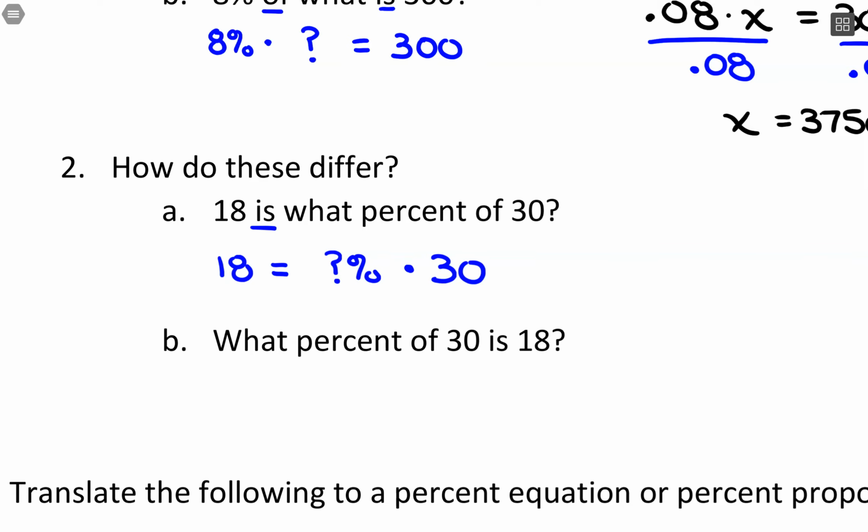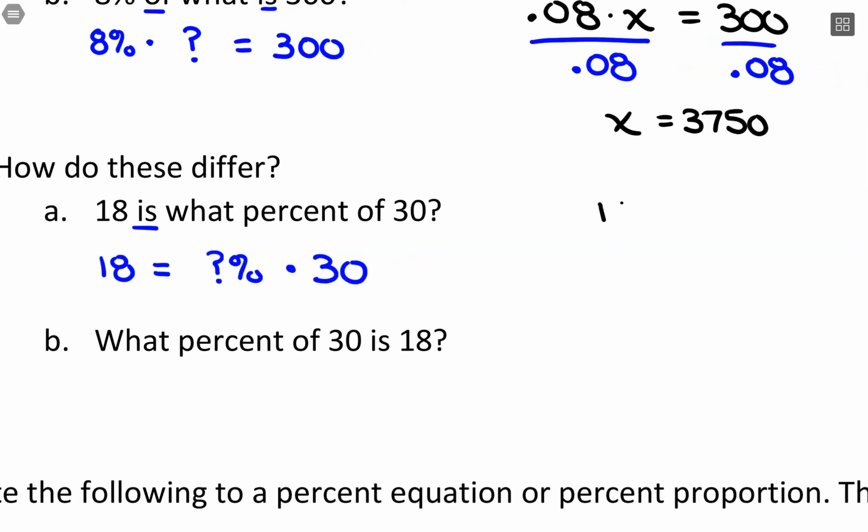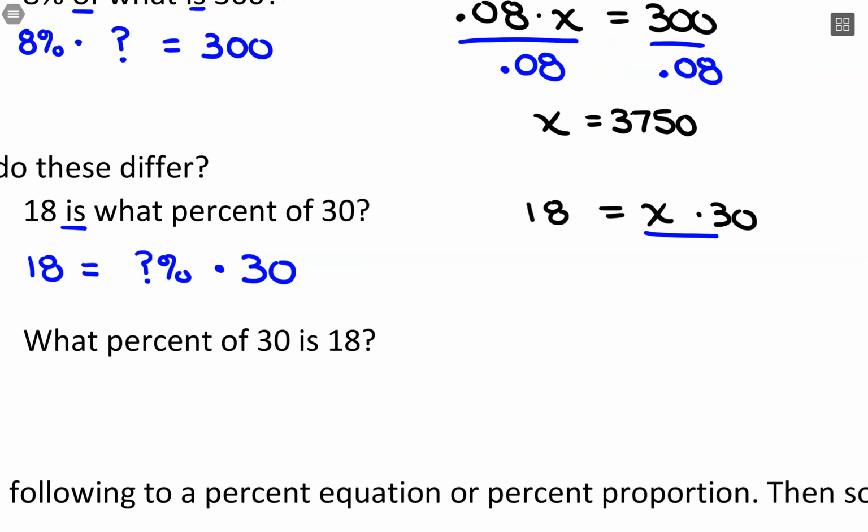So how I can go about solving this is 18 equals, and for the percentage, I'm just going to put x there, times 30. And to get x all alone on one side of the equation, I just need to divide both sides by 30. So x equals 18 divided by 30,